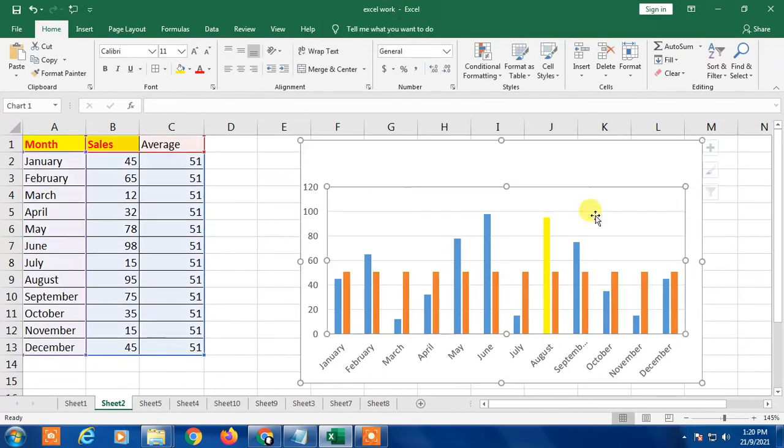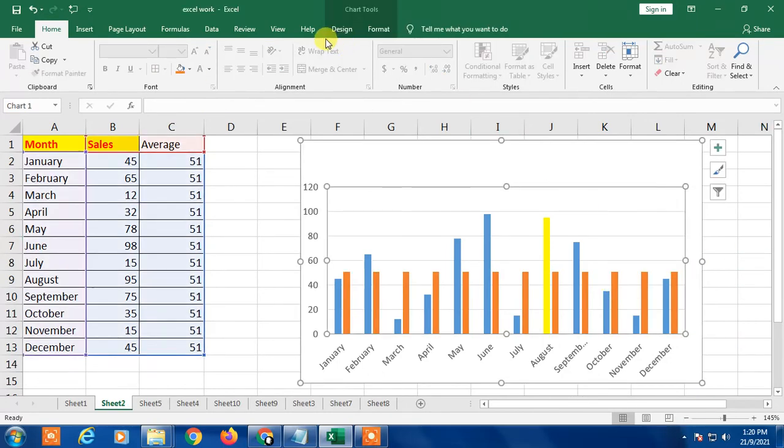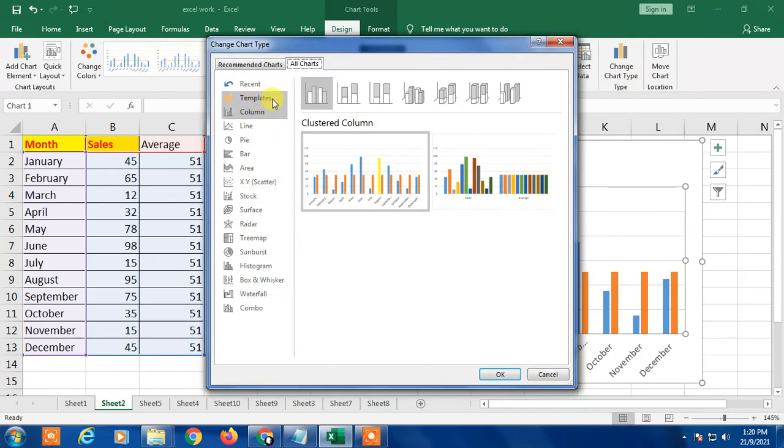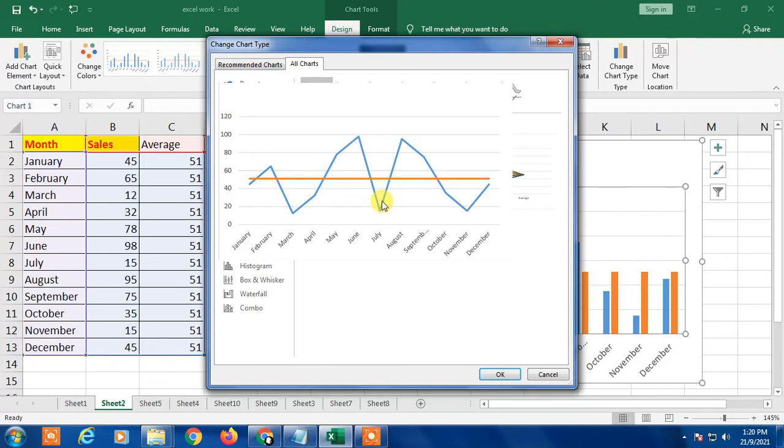Click within the chart, then you will get this Design option, and here you have to go to Change Chart Type, and here you get line, columns and lines. So click on line. In line also you will get lines, but you will get a line for both.